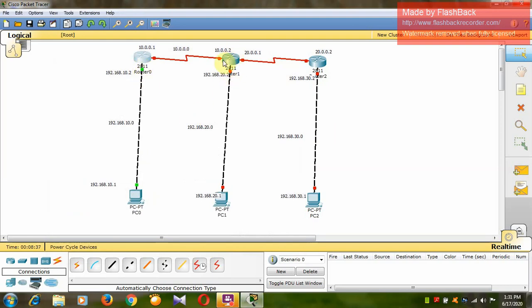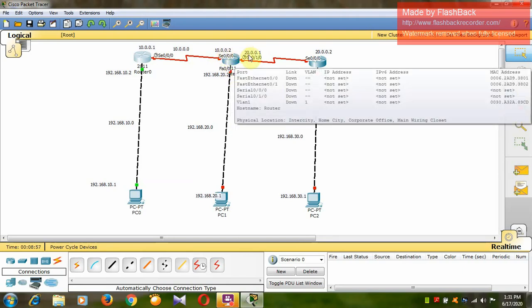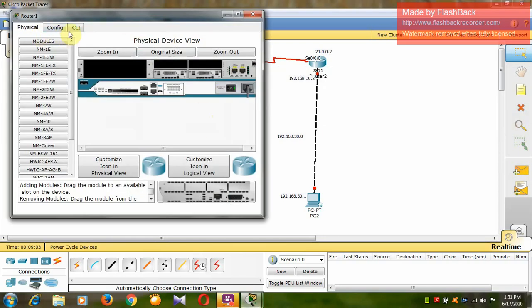Similarly, I have to configure this router also. Here there are three interfaces connected to this router: serial interface 0/0 with no clock, serial interface 0/1 with clock, and interface F0/0. I have already marked these IP addresses to these interfaces, so you can configure this router now.